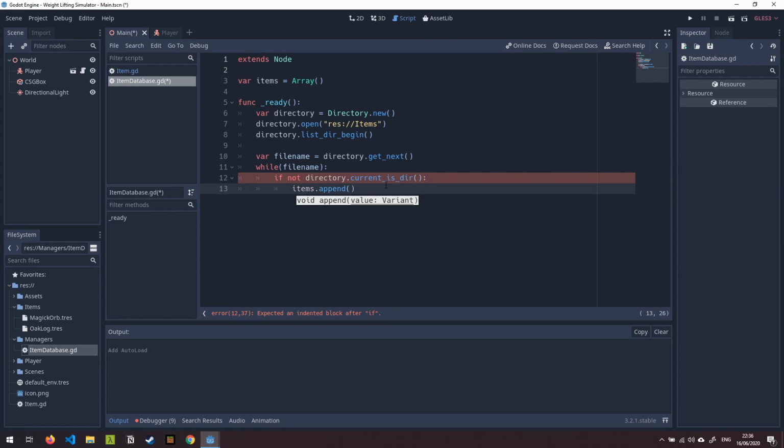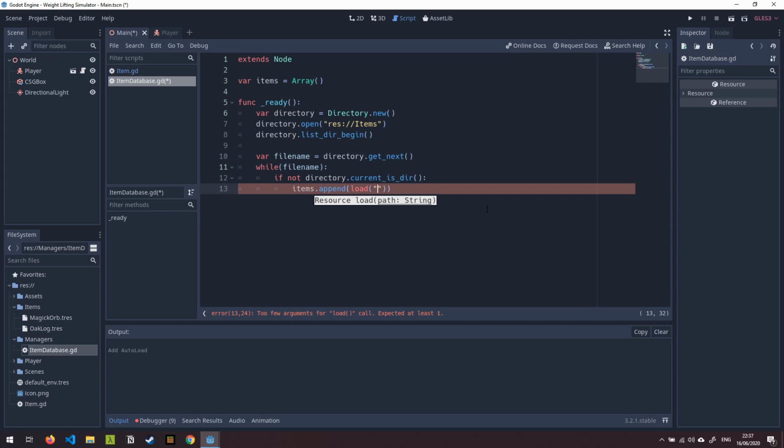And this is where we want to load that resource. So you'll have done in the past something like var bullet equals load, and then you'll have passed it the path to the bullet scene, for example, or a player scene, whatever it might be. We can simply use that load function directly here. So we're saying items.append, which adds a new item to the items array. And what do we want to add? Well, we want to add the resource at that path. So load, and then we're going to say res://